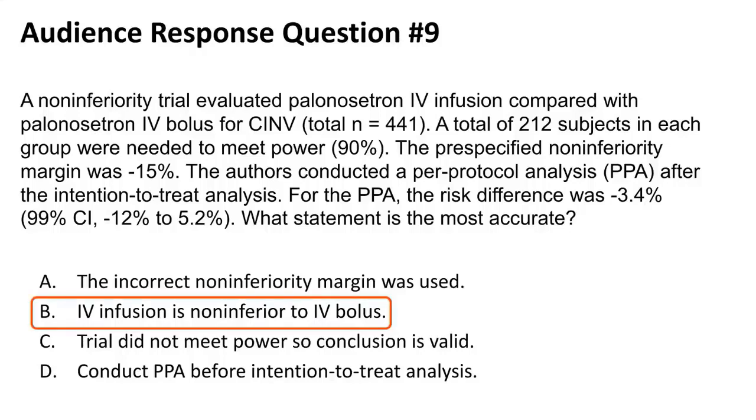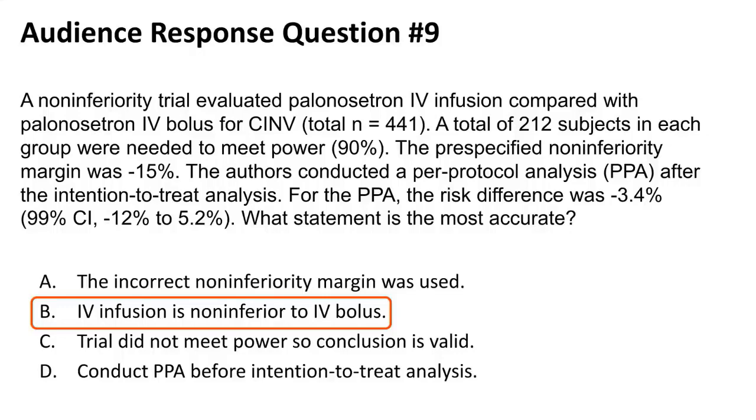The correct answer is B. IV infusion is non-inferior to IV bolus. And this is because the confidence interval does not go past the pre-specified non-inferiority margin of minus 15%. The lower bound only goes down to minus 12%. And then additionally, the intention to treat was conducted before the per protocol analysis, which is the correct way to